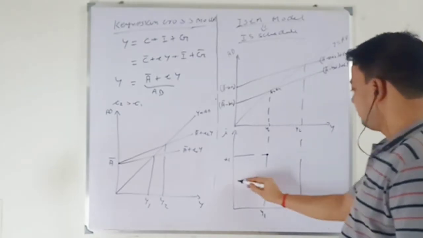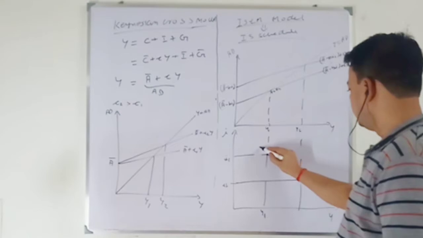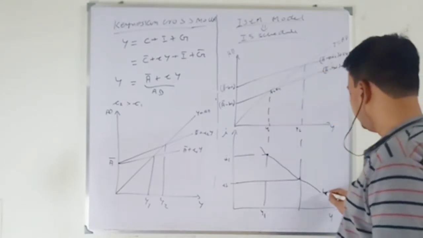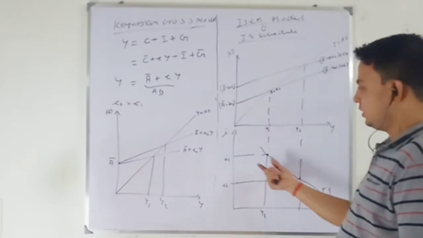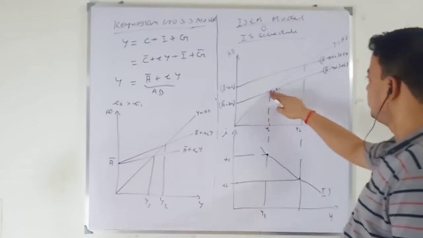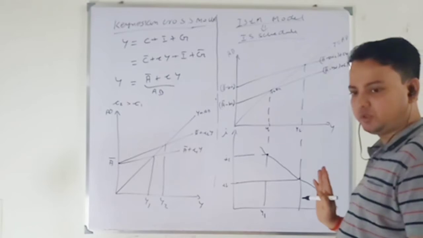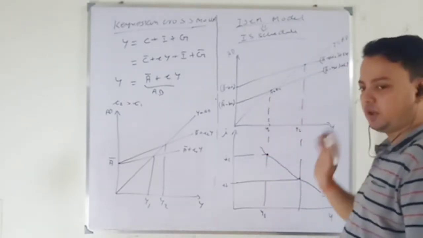Then you will get, when my rate of interest is lower, a second point here. So again here also you have Y equal to 80 at this point. This is my IS curve, which is a locus of combinations of rate of interest and output at which the goods market is in equilibrium. This is an equilibrium point. You can draw any number of points, because this is a continuous graph.